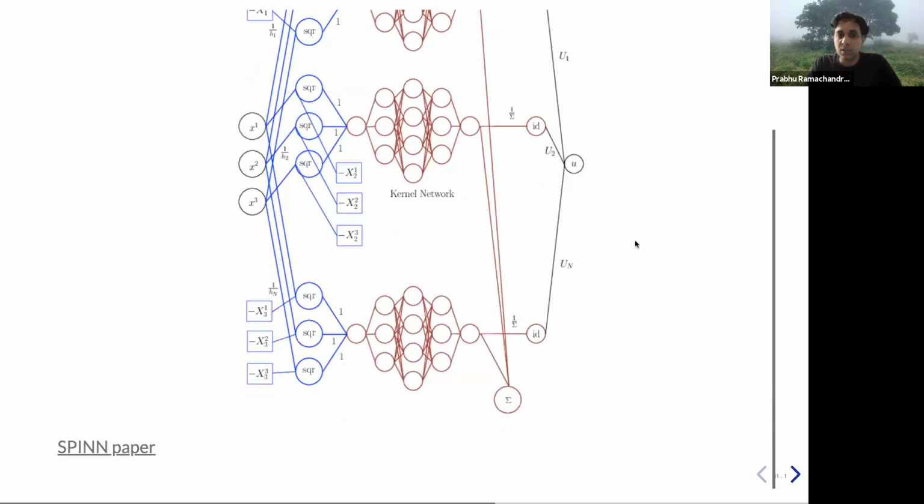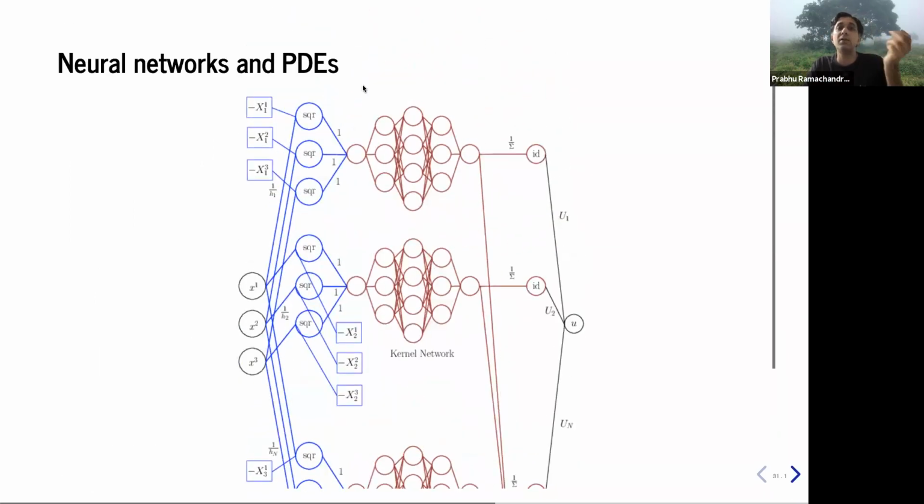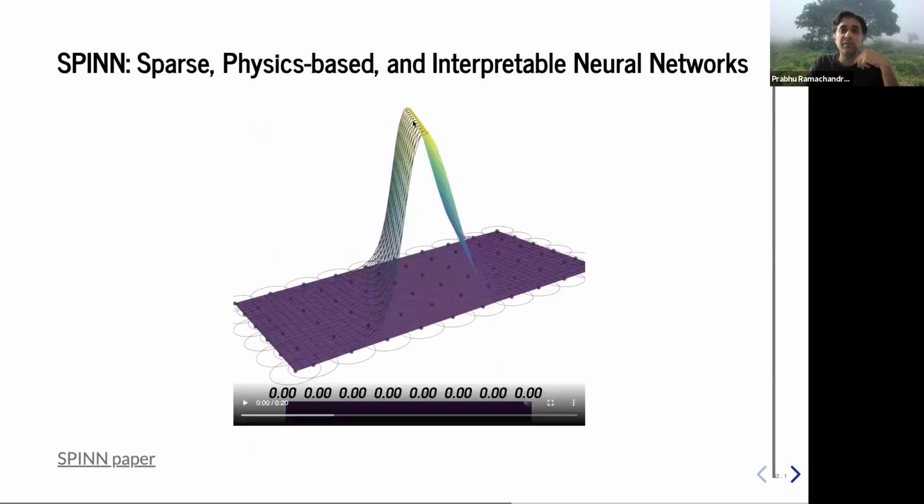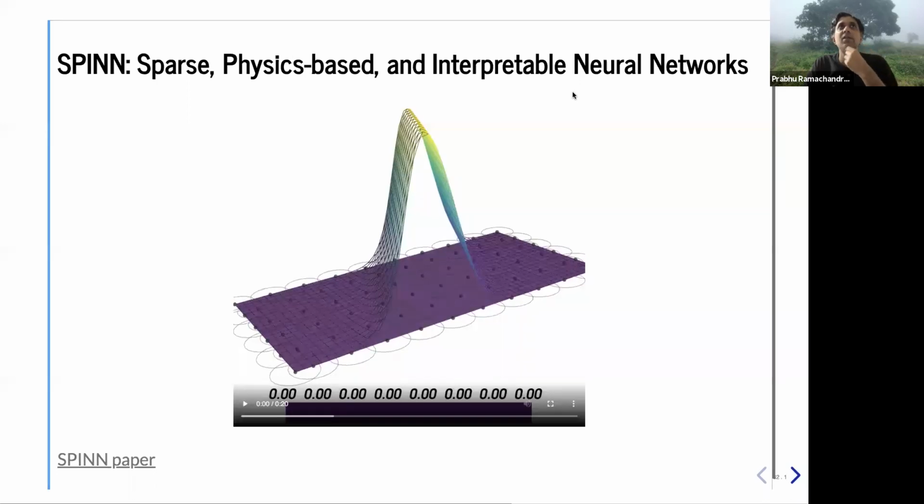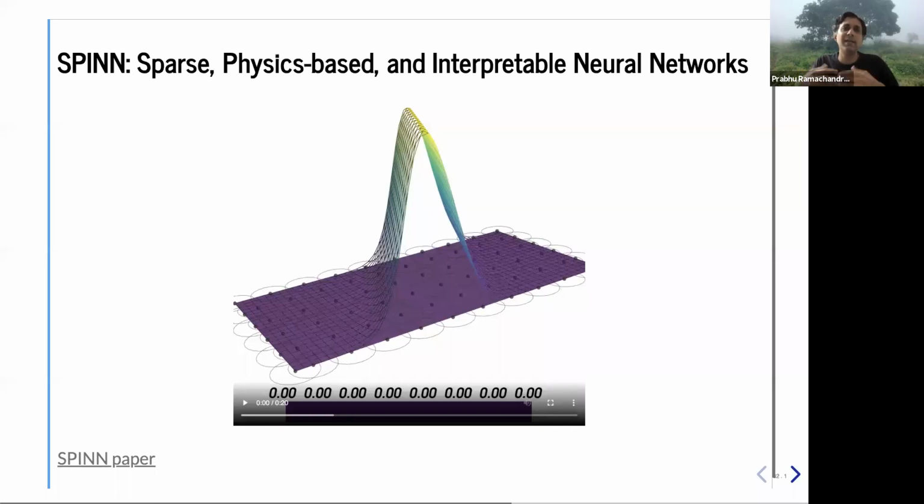Recently, we've also started doing some interesting work with neural networks and partial differential equations. In fact, we have a recent paper that we just put out on arXiv. You can check it out. It's called SPINN, Sparse Physics-Based and Interpretable Neural Networks. This is very interesting because if you look at neural networks applied to this area, called scientific machine learning, you'll find that a lot of these methods typically use neural networks like a black box, which means you just treat the neural network as a function approximator. You plug in whatever is your objective function, run it through the optimizer, and get a result.